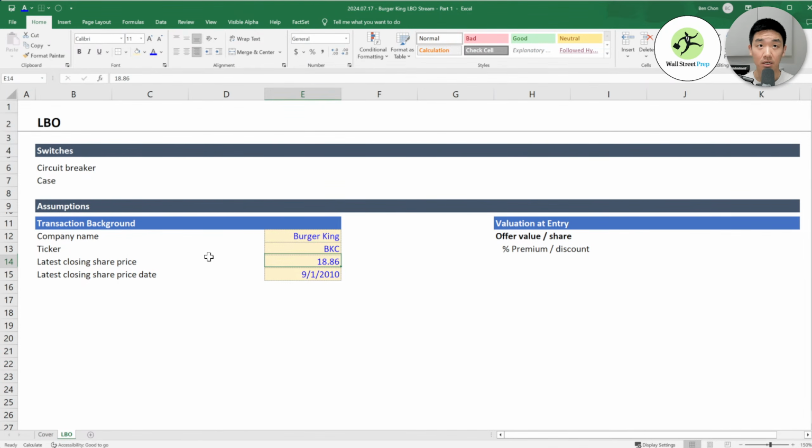Okay, so what we want to do here is figure out our valuation at entry, and so we're going to need to get the offer value per share. We're going to see what the premium or discount is. Then we can get the offer value, which is basically your equity value.